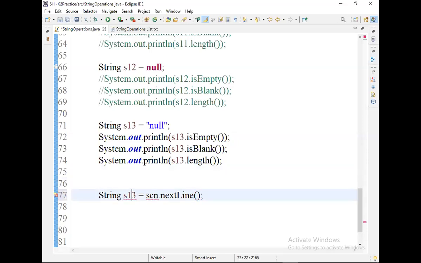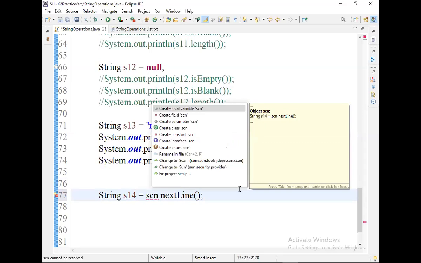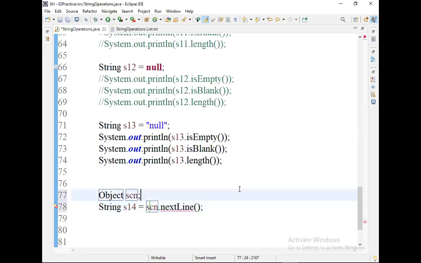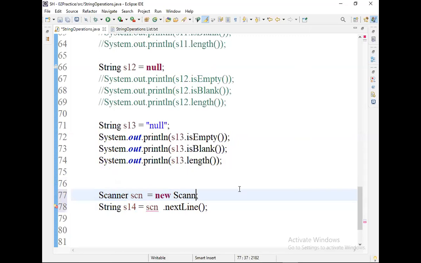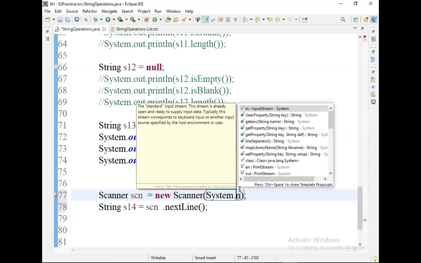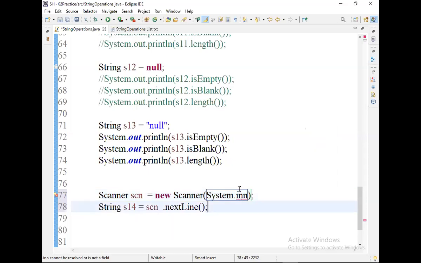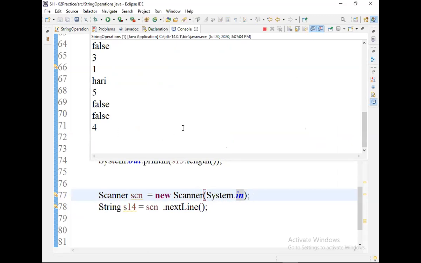The scn variable is not available, so Control 1 to create a local variable scn of Scanner type: Scanner scn = new Scanner(System.in). Then Control F11. Now the cursor is blinking there.